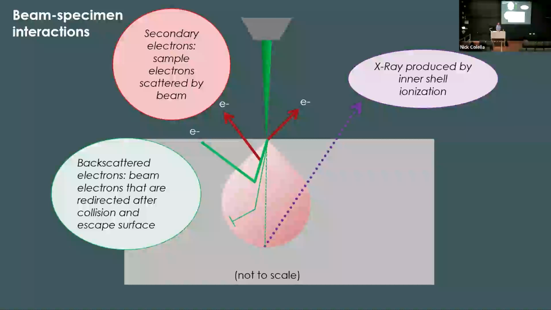Secondary electrons are from the sample. They are knocked out by the beam, and they often carry information about the surface topography or roughness. Backscattered electrons are coming from the primary beam that enter the sample, undergo some elastic scattering, and may come back out, in which case we can detect them. And the likelihood of that happening is based on the atomic number of the material. So the backscattered electron signal carries compositional information.